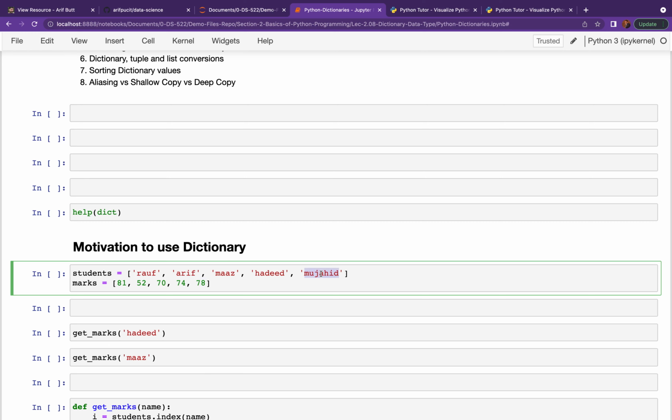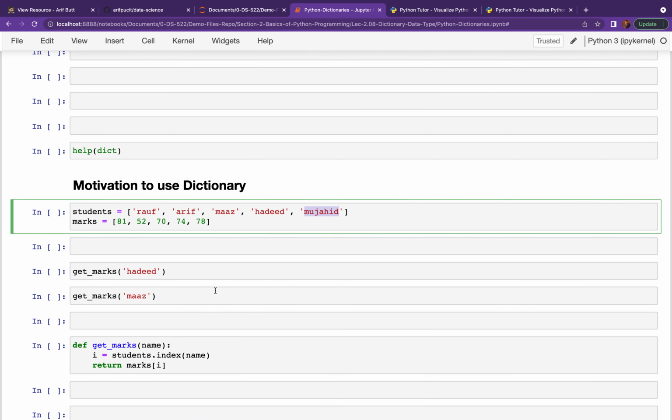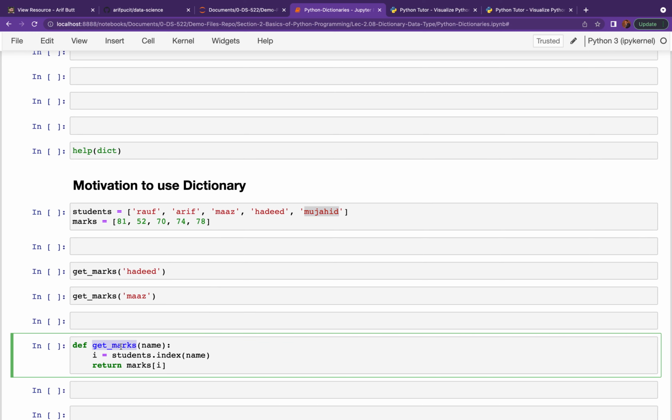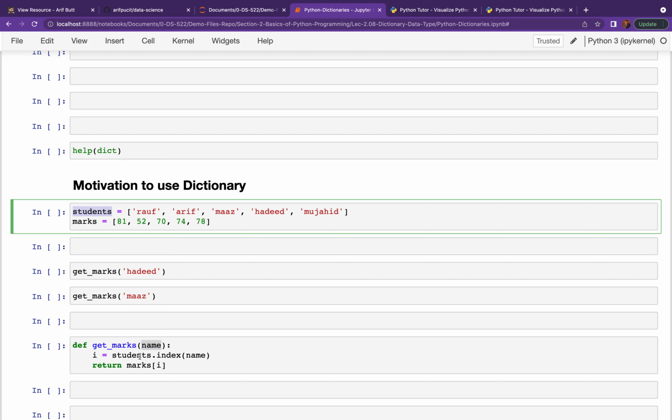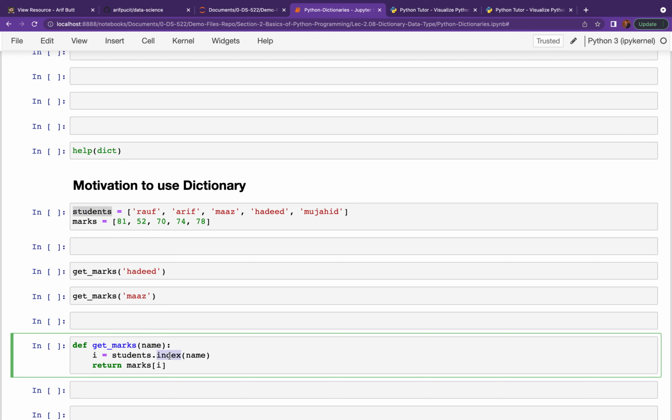And suppose I want that given the student name, I should be able to retrieve the marks of that student. One way of doing that is you define a function which is passed a name, and this name returns you an index from this student's list. Remember, the index is a method of the list class.